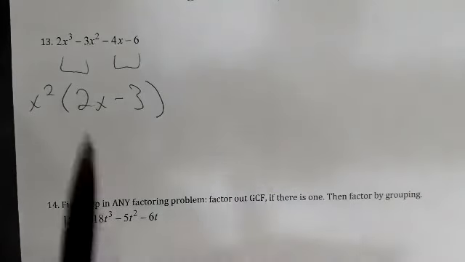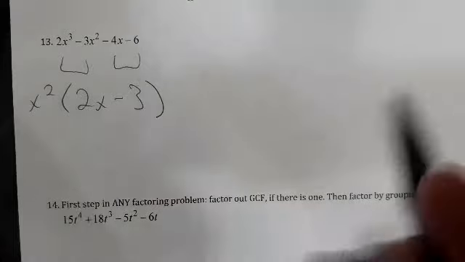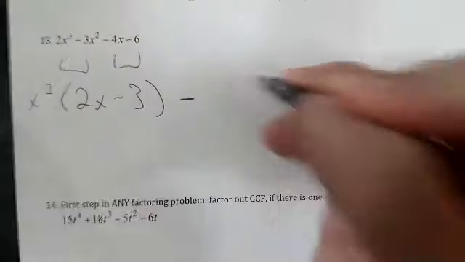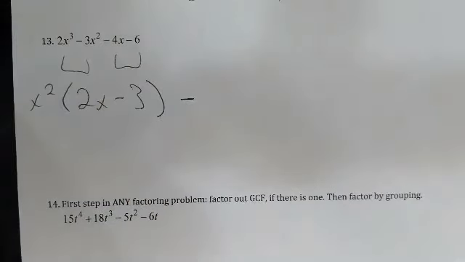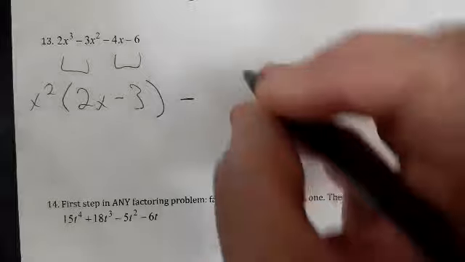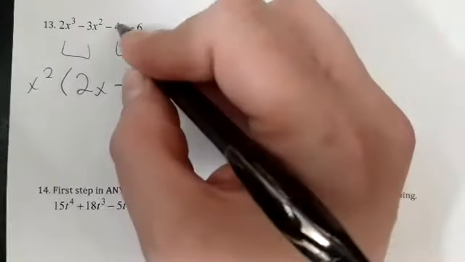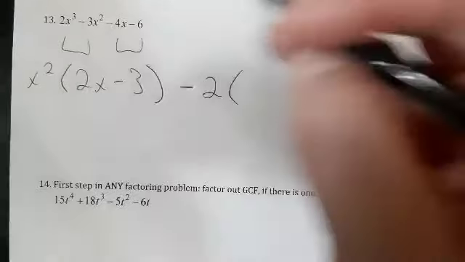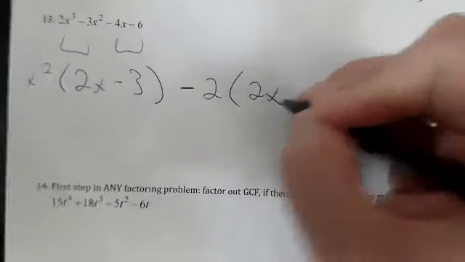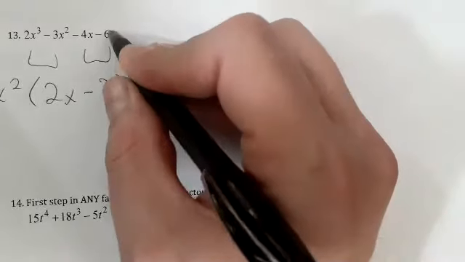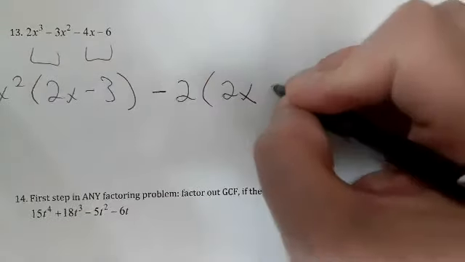Here is the same thing again. I'm leading with a negative. So overall, I'm negative. So I'm going to skip doing an elaborate explanation on that again. But I want to say, if it's leading with a negative, take out a negative. Between 4 and 6, I can take out a common factor of, I'll take out a minus 2. Minus 4 divided by minus 2 is going to be positive 2x on this guy. And if we did things correctly, minus 6 divided by minus 2 is going to give me